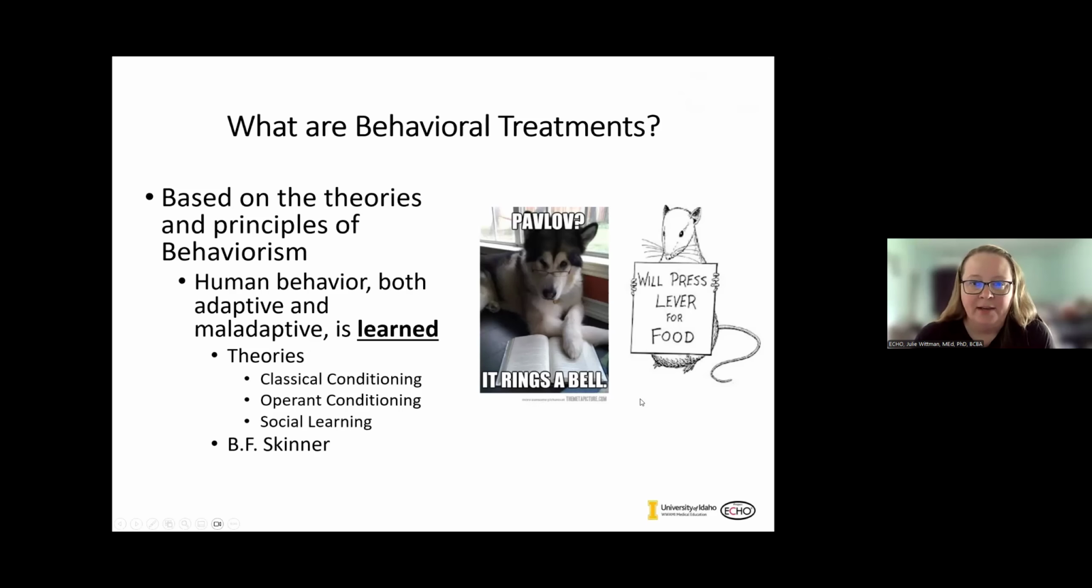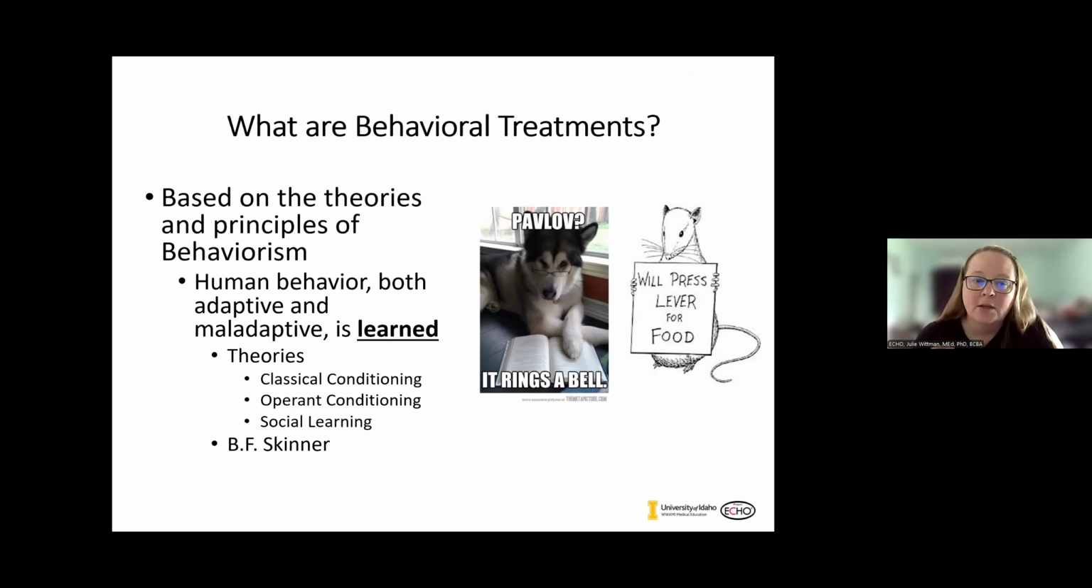ABA is a behavioral treatment. Why do we recommend them for children with autism? They're based on theories and principles of behaviorism. So think back to graduate school and classical conditioning, Pavlov's dogs, human behavior, both good and bad, adaptive and maladaptive. We don't really like to call it bad, is learned. So that doesn't mean that somebody sets out to teach a child to do something that's maladaptive, but the good